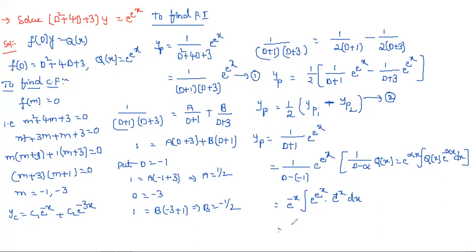So this equals e^(-x) times the integral of e^(2x), which we can write using the formula we applied in the method of variation also: ∫ e^(f(x)) f'(x) dx = e^(f(x)). If you observe, the derivative of e^x is nothing but e^x. So yp1 is nothing but this one. And next, yp2 equals